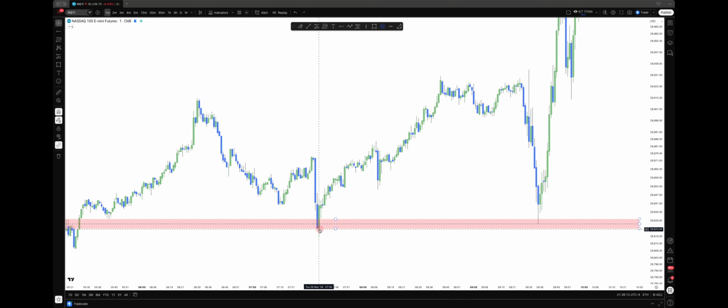Alright. Now, after this, what do you wait for? You wait for the displacement. Where's the displacement? Anywhere? No. Right over here? How do you know which fair value gap to use? This is how I know. If you take this as an institutional order flow entry drill, or right here, this fair value gap,